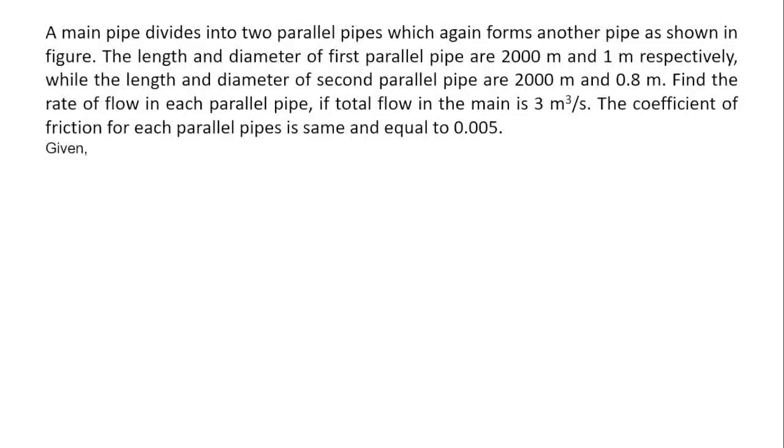So the question is, a main pipe divides into two parallel pipes which again forms another pipe as shown in figure. The length and diameter of first pipe are 2000 meter and 1 meter respectively, while the length and diameter of second pipe are 2000 meter and 0.8 meter. Find the rate of flow in each parallel pipe, if total flow in the main is 3 meter cube per second, the coefficient of friction for each parallel pipe is same and equal to 0.005. So the given is